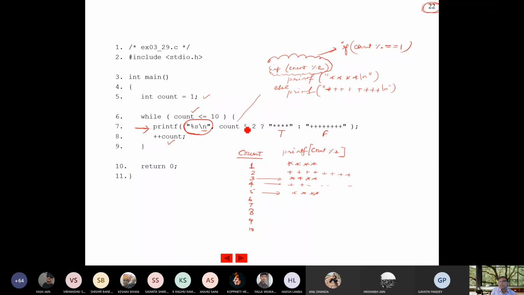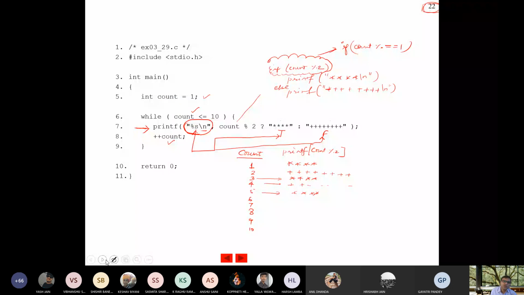One important thing is why I am not writing %s. This %s is actually replaced by these two strings: string number 1 and string number 2. So some output must be there, but upon true this will be produced, and upon false this will be produced. Fine. So similarly, inside that while loop you can write like this, and you can construct a similar program with a for loop also.